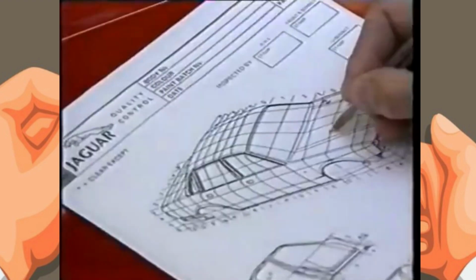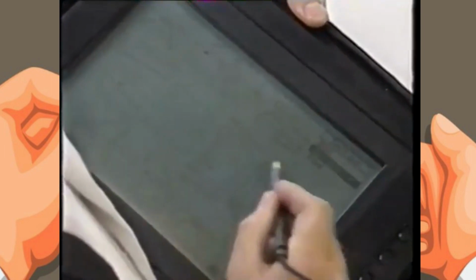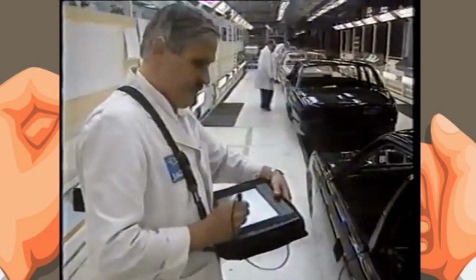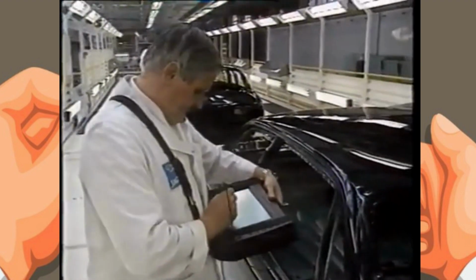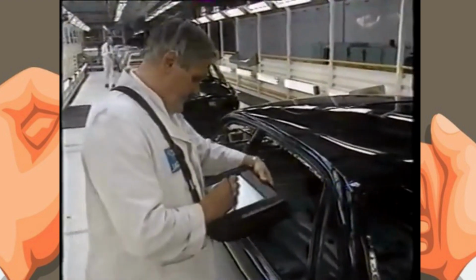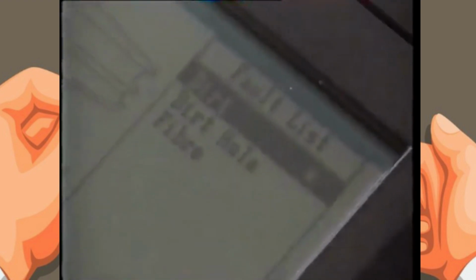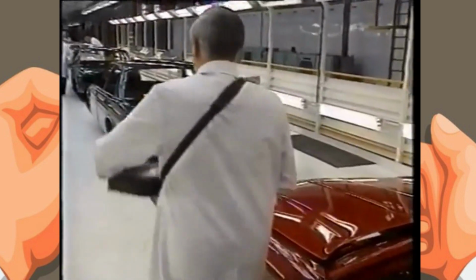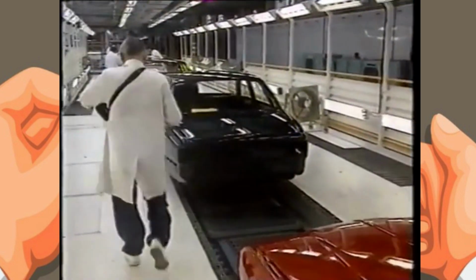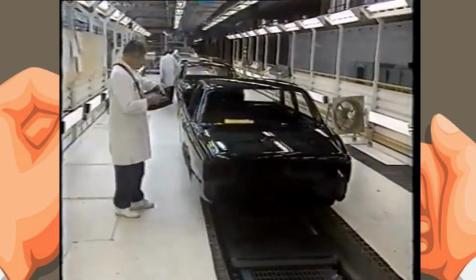So, instead of pen and card, there's pen and computer screen. There's no keyboard or disk drive, so it's easy to use on the move. Again, there's a drawing of a car, which is simply touched to give the position and the type of fault. Collecting the information in this way is slightly quicker, but things are really speeded up when the computer is taken